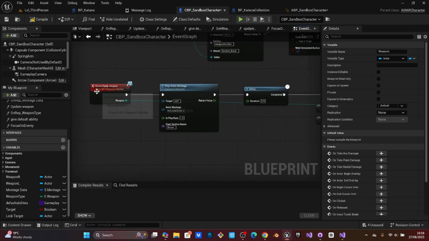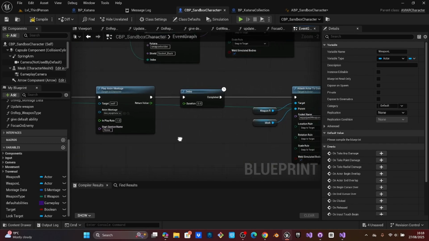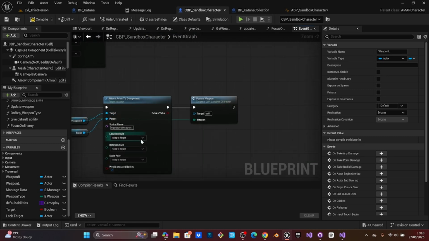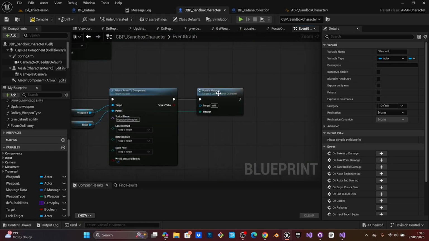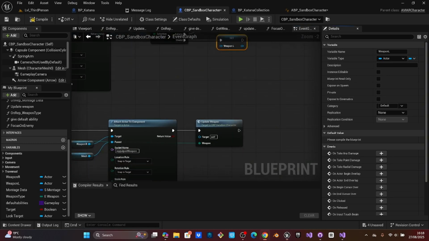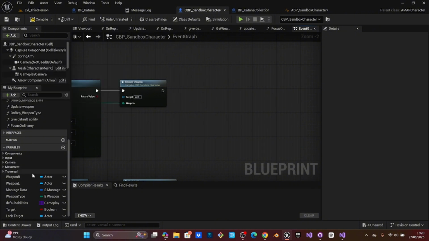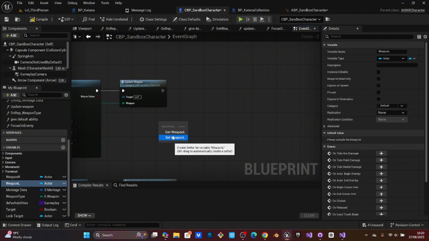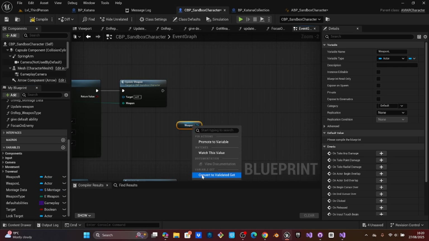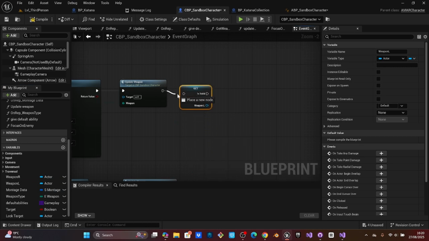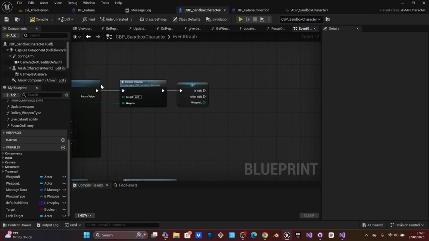So now in this event where it is equipping the weapon, we are also going to bind equipping the shield, as it's going to be equipped with the weapon as well. So what we are going to do is get weapon L. We're going to convert this to a validated get, bind this to this, and from weapon L, now we need to